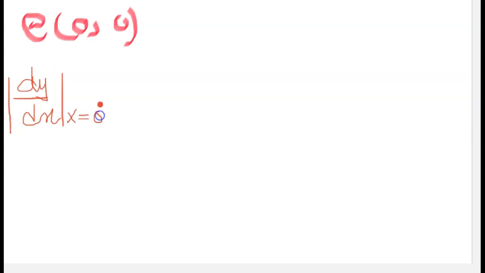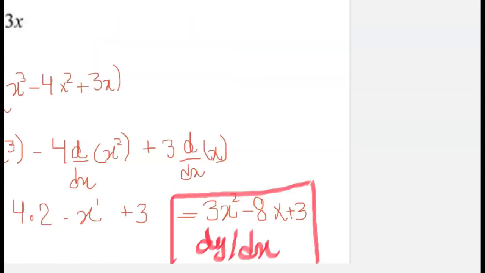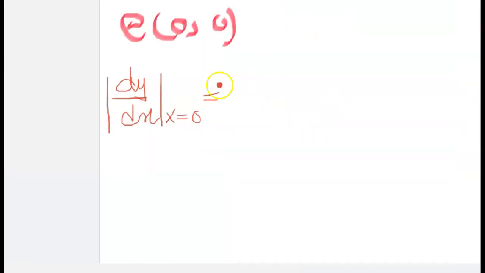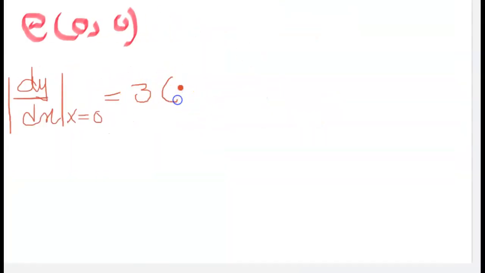At 0, 0, let's find the gradient. The gradient is dy over dx at 0, 0. I'm just worried about x, not the y. So just consider the x, it's 3x squared. So 3x squared, x is